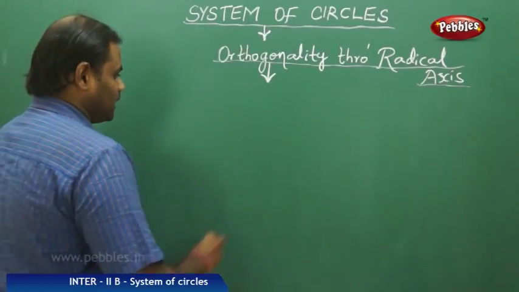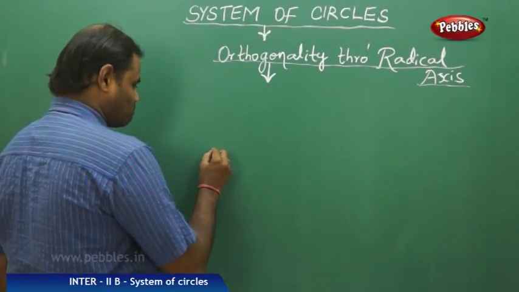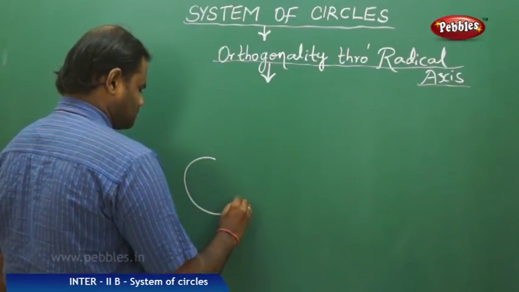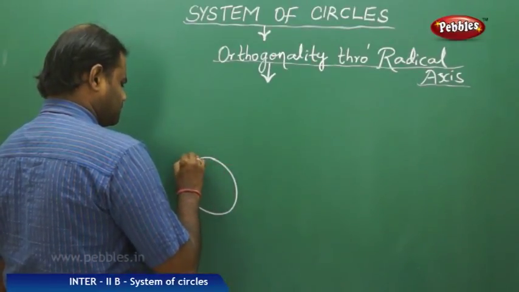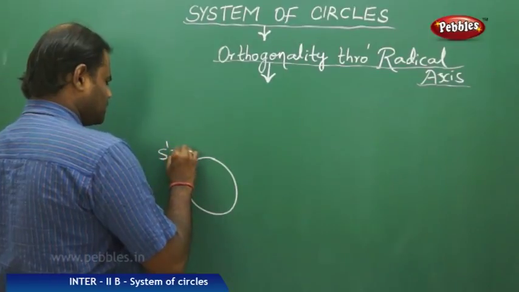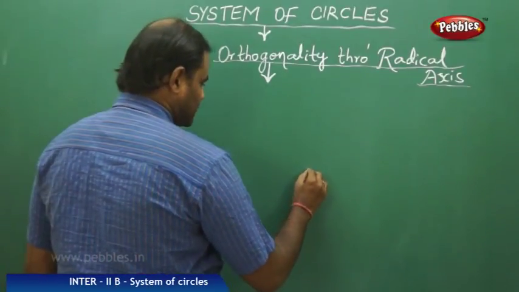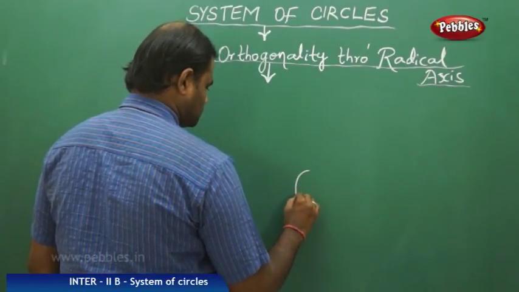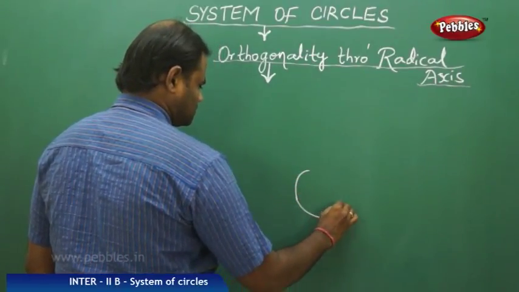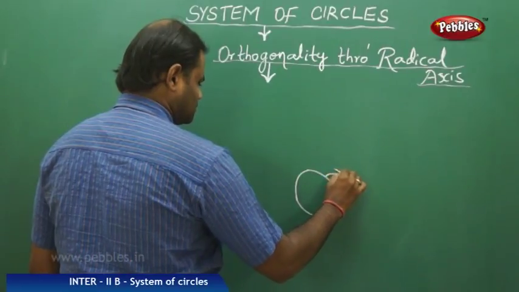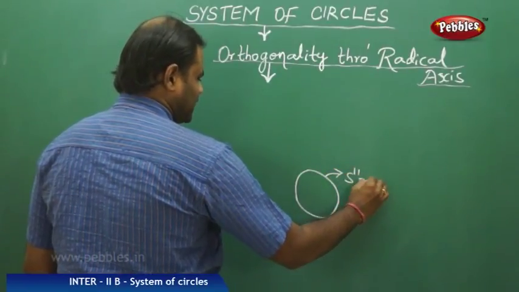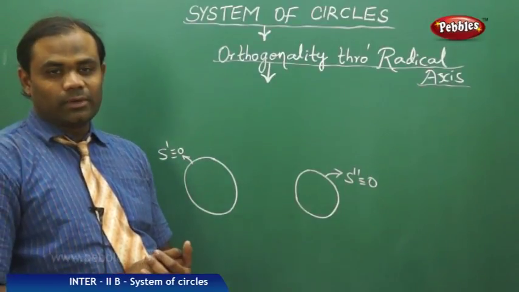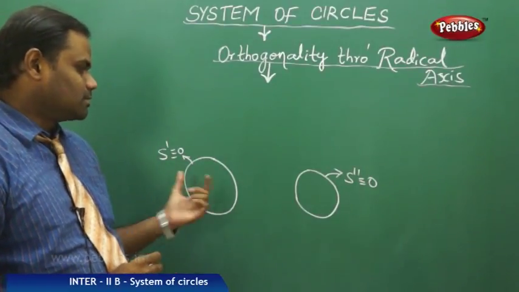Say, for example, I have two circles, S' equals 0, and there's another circle, S'' equals 0, and then I want to find the equation of the circle which cuts these two